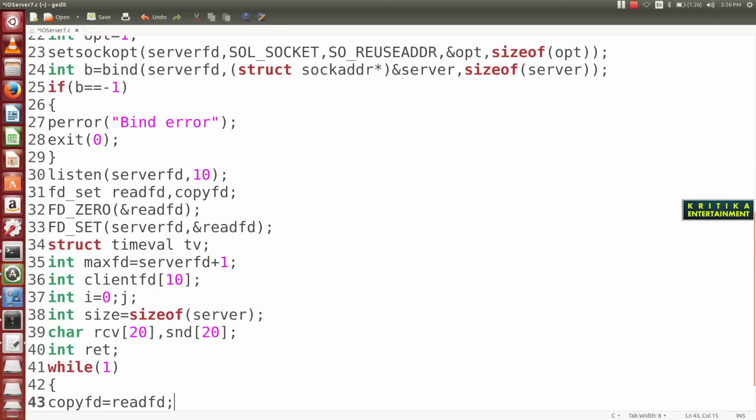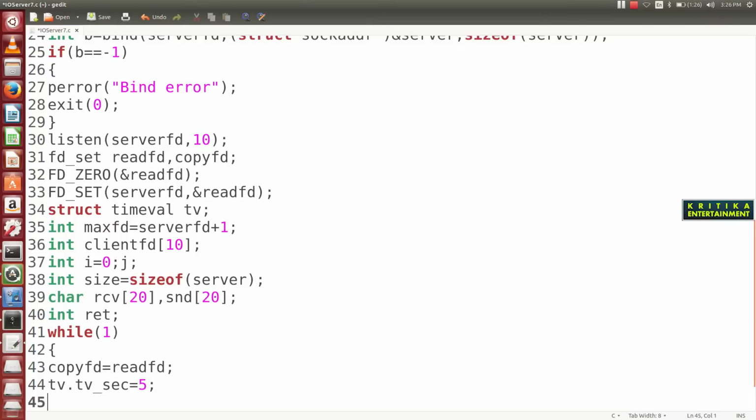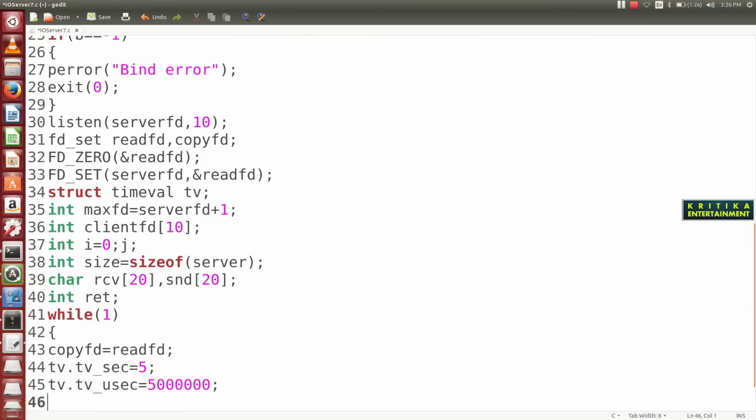Then tv_sec is equal to 5, suppose here I give 5 seconds. Then tv_usec is equal to 5000, which means 5 milliseconds. Then you will write int ret.